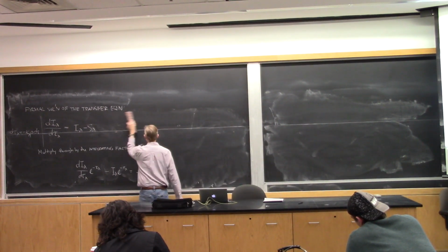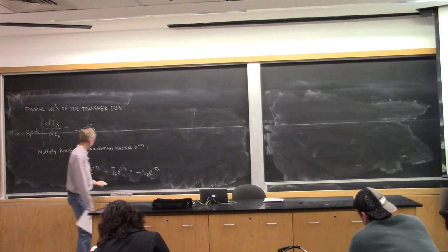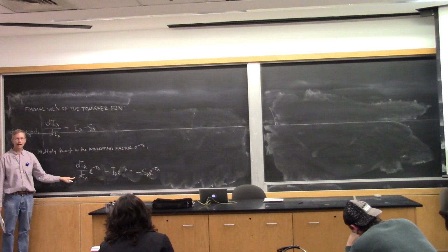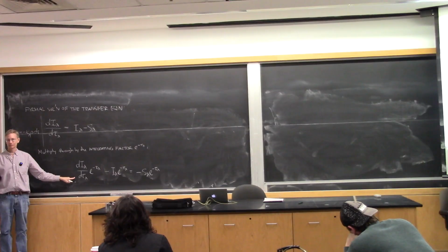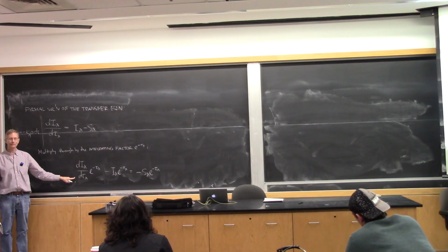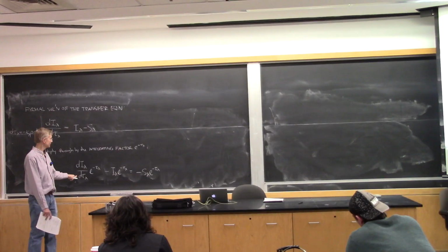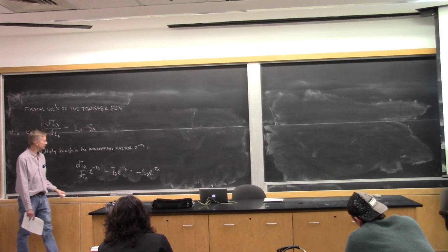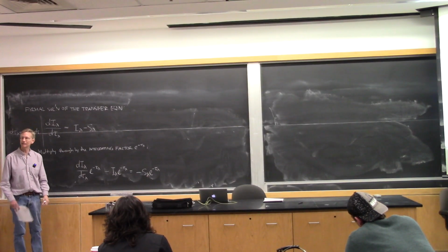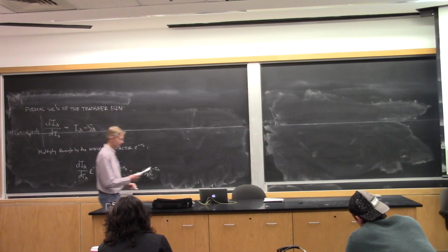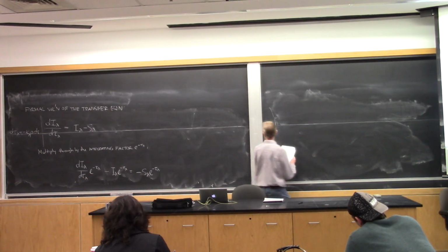Why did I do that? Because this side is now a derivative. Does this look familiar at all? You multiply through it by an integrating factor in order to turn one side of the equation into a derivative. So this side is the derivative of I lambda e to the minus tau lambda. So we can say that